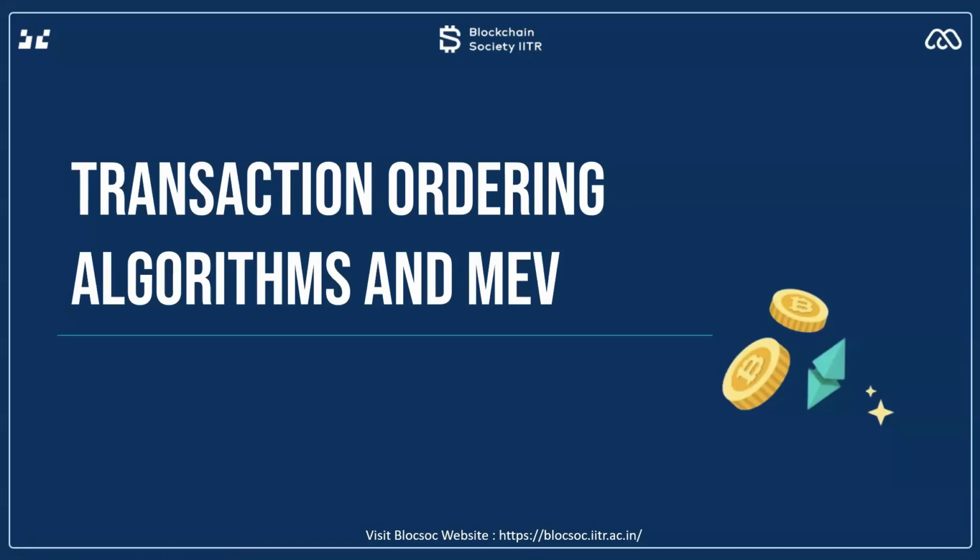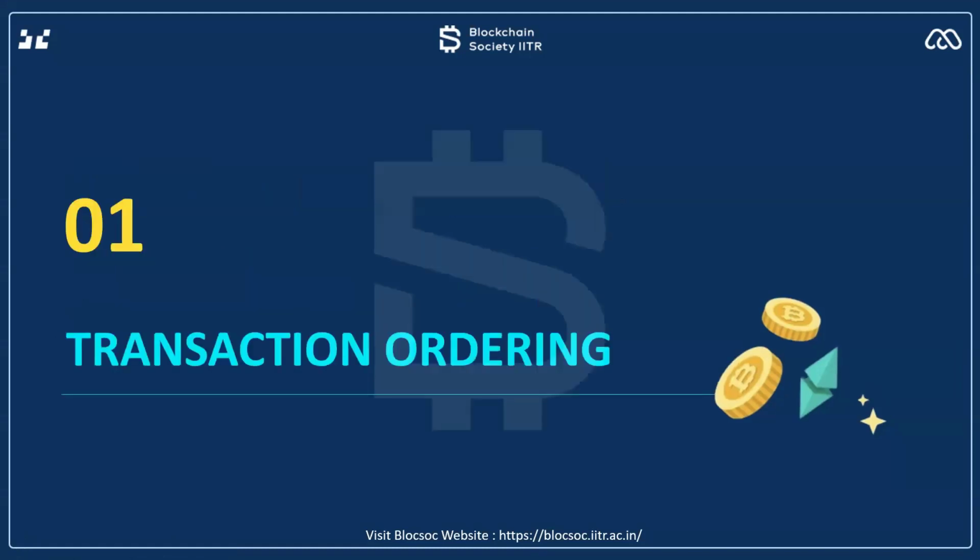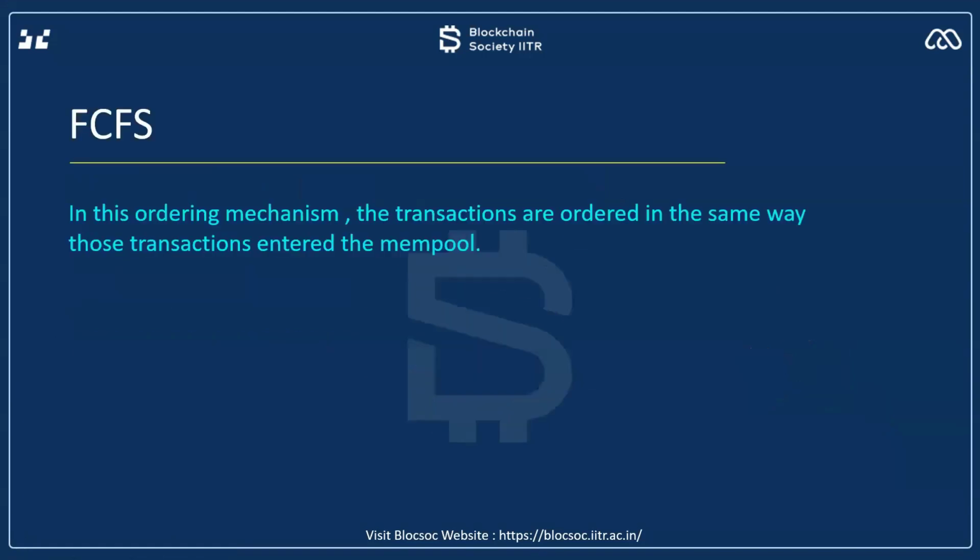There are many algorithms that we can use for ordering the transactions, and we will be discussing some of the most known or most used algorithms that are currently being used in this area. So, first of all, we will be starting with transaction ordering, and the first one is